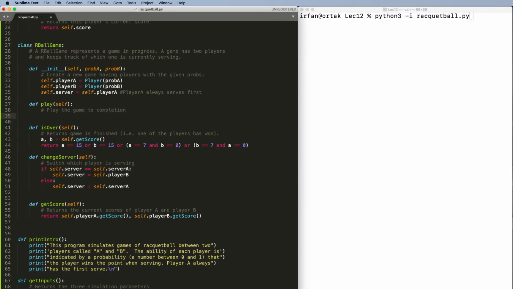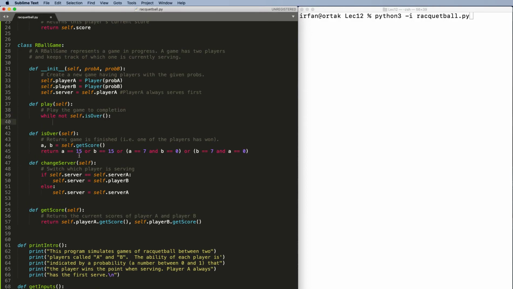So how do we play the game? Remember this is a continuous play. It will play until one of them wins the game. So each time we play a game, one of them has to win. How? We can say while not self.is_over. Okay, remember is over tells us whether the game is over or not. So while not self.is_over, which means the game has to continue, then we can say if self.server